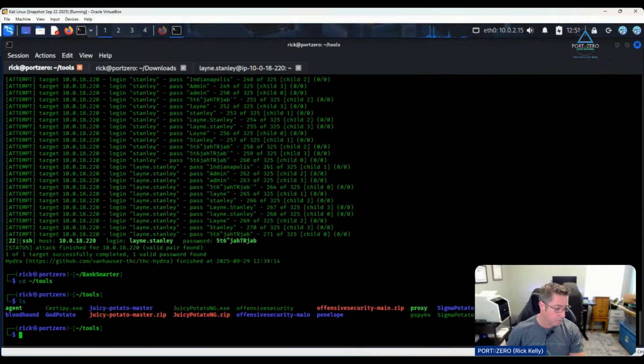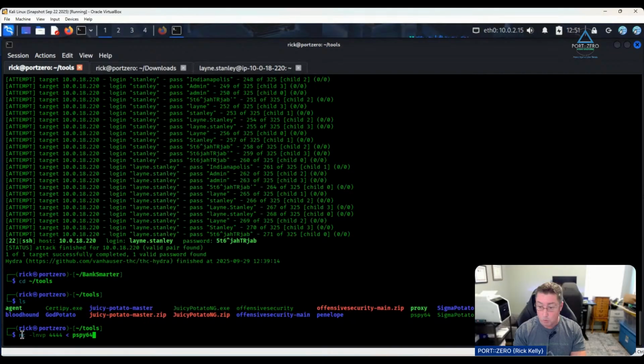So what we want to do is move that over to that target. So let's do a netcat -lvnp, and then we'll do port 4444, and then let's do